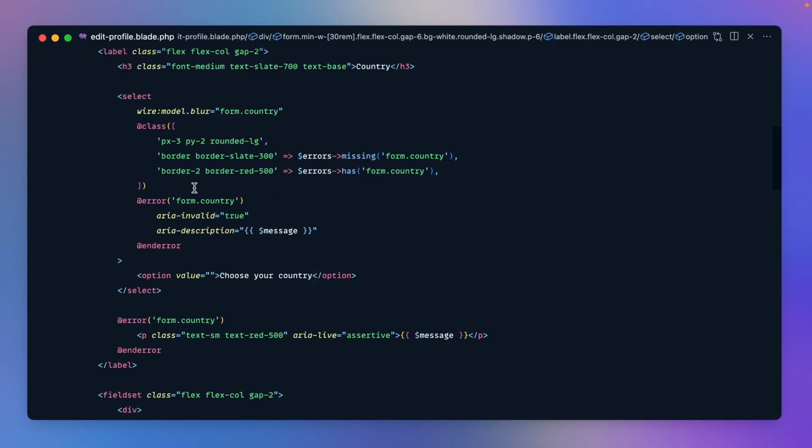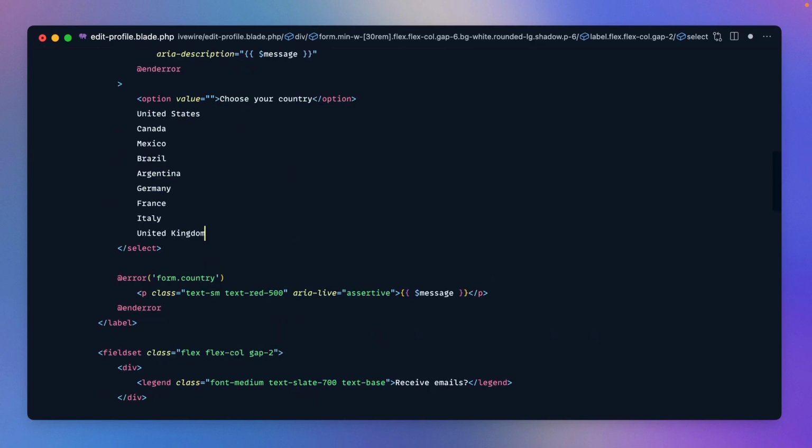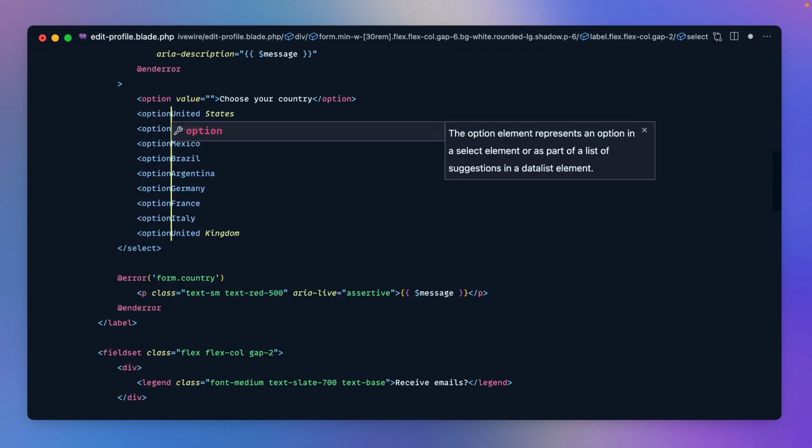Okay, so we got that select in there. We got a single option. We want to add a bunch of options for all the different countries. So I'm just going to paste in a short list of countries here that we're going to use to drive out these options. So we're going to say option,